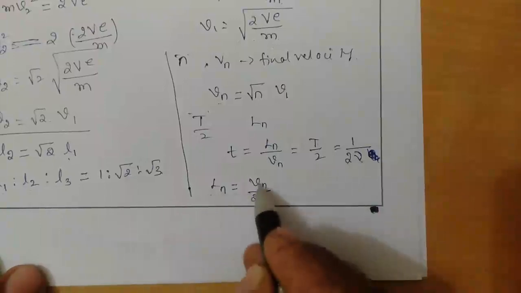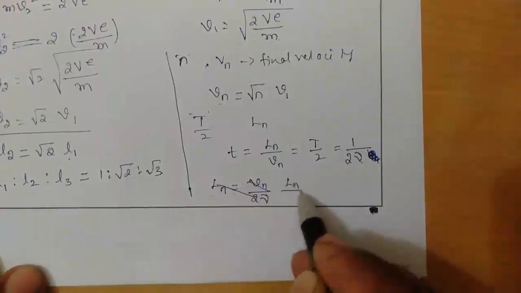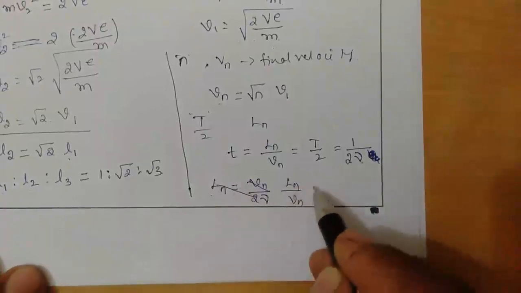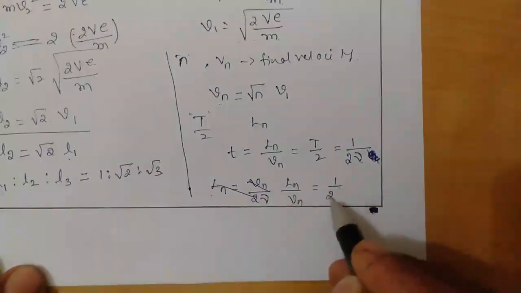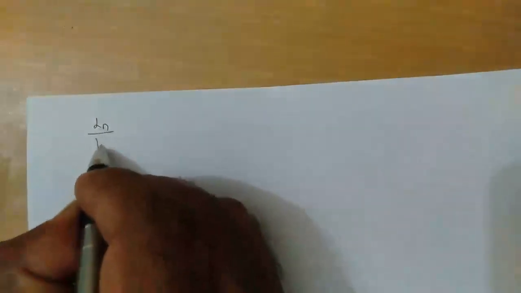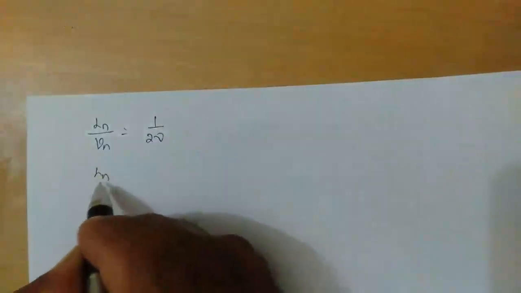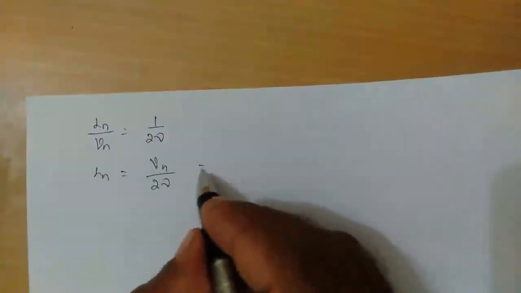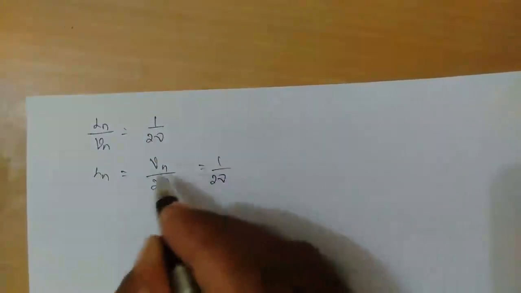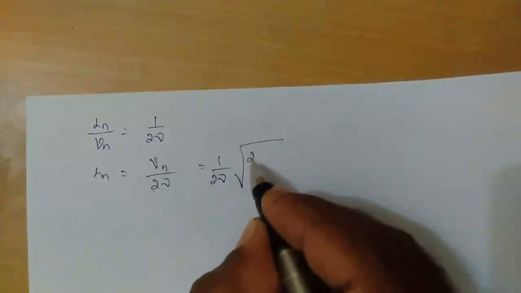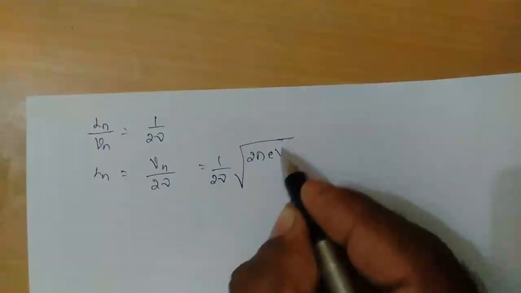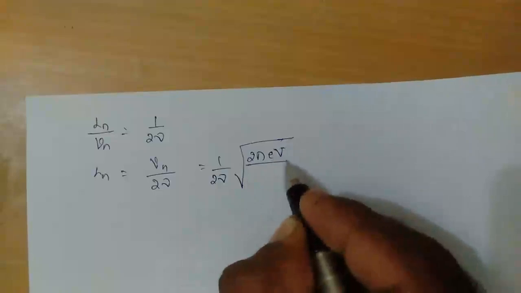Okay. Now here there is Ln by Vn on the left hand side, so this must be equal to 1 divided by 2 into nu. So from the previous equation we have Ln by Vn is equal to 1 divided by 2 into nu, so we can write Ln is equal to Vn divided by 2 into nu. For Vn, we have the equation as 2 into n into E into V, capital V being the potential, divided by